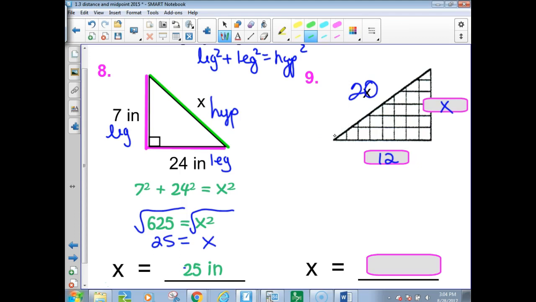So what you've got is the hypotenuse here, which has got a 20 on it. So the problem is not the same as the problem on the left, on number 8. The legs,